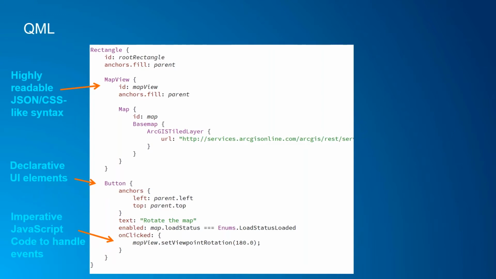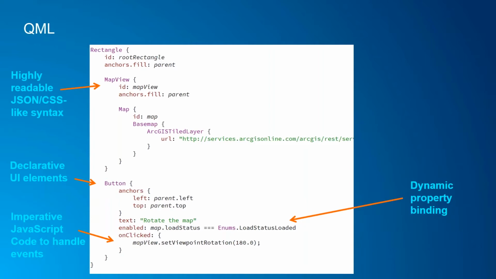QML uses JavaScript to handle a lot of its events, all the types of actions that might take place on one of these elements here. And as you can see, it's JavaScript, and as you can see here too, the types from the ArcGIS Runtime are exposed in this QML JavaScript model as well. And in this case, when this button is clicked, it's going to change the map view's camera and viewpoint